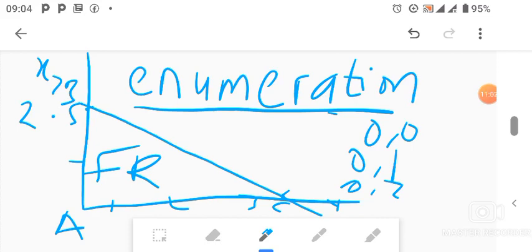Let's go to the coordinates which are aligned with the x-axis. If we check 1, 0, it is there, right? It's within the feasible region. If I pick another point on the x-axis, 2, 0, it is within the feasible region, we accept it, and it's also an integer. They are all whole numbers.